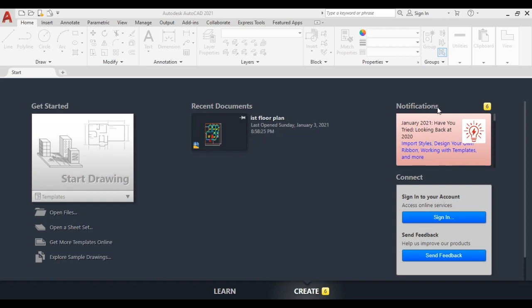The notifications bar generally gives updates. Here you can also sign in to your account and send feedback. So let's come into our sheet. Simply click on the start drawing option.